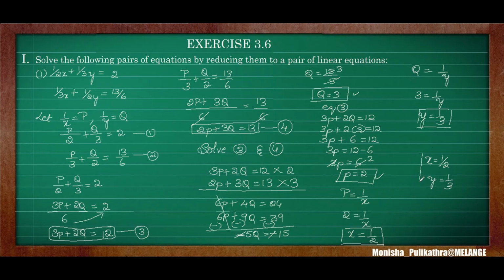So this is the way of doing this problem when they have given the numbers in fraction and they ask you to solve for x and y. Okay. First you need to reduce it to some variable and you have to equate it by the elimination method. You have to find it out, and finally you need to substitute the value which you have taken in the starting place. Okay. I hope you understood this.